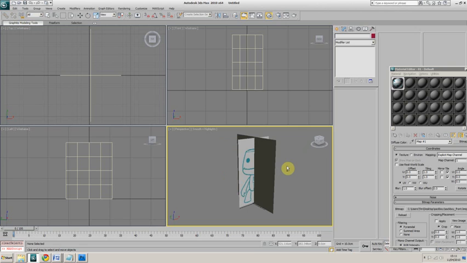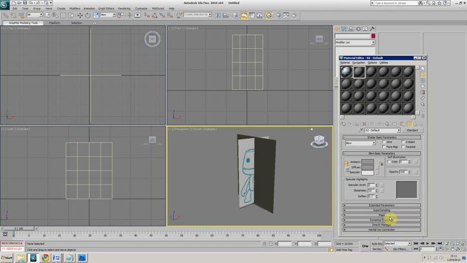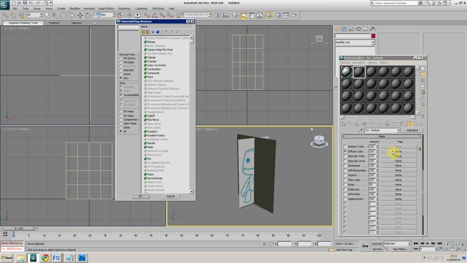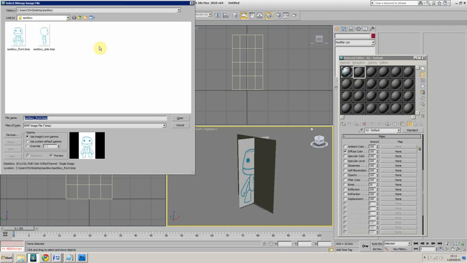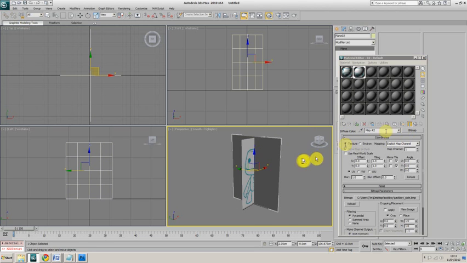Okay, we'll now need to do the same for our side image. So just come to another material slot, maps, tick on diffuse, click on the none tab and select bitmap, and then select side. So we'll apply that texture, make it visible,